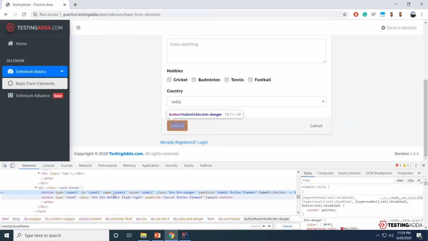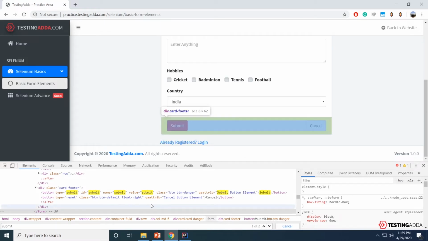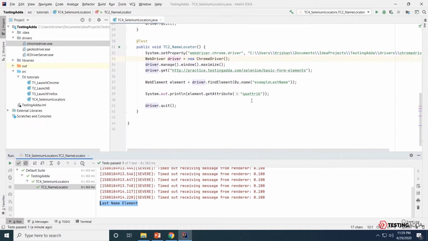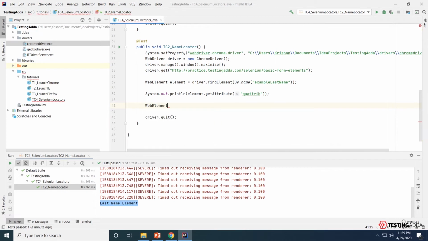Let's try on the submit button. Again, the name of the button is submit. I'll go ahead and search the occurrences of submit, and I can see there are only 2 occurrences. Let's go back on our IntelliJ and again WebElement element2 is equals to driver.findElement by name.